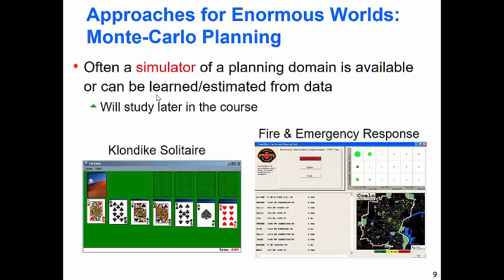In this class, we will also talk about this other approach for enormous worlds, which we'll call Monte Carlo planning. You could say this is what AlphaGo is doing when it's making its decisions. It's forming a search tree by doing lots and lots of lookahead, running trajectories.